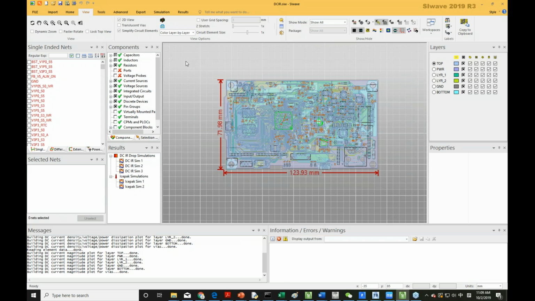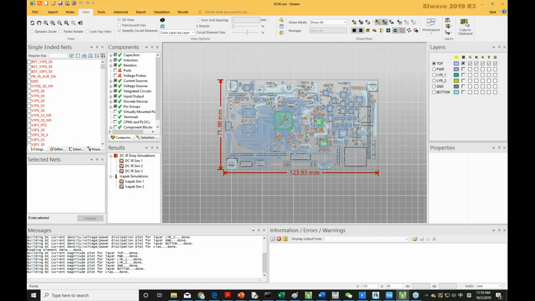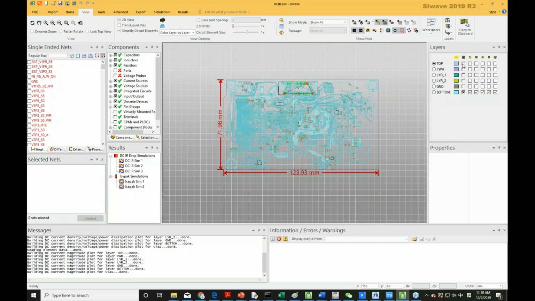I would say it's a pretty clean and neat GUI, relatively user friendly. We have the layers on the left side. You can toggle them on and off. So this is all off, and if I just want to see the top layer, you can select the components you want to see in the layer: planes, traces, pads, vias, and circular elements. And also we can toggle on the bottom layer,